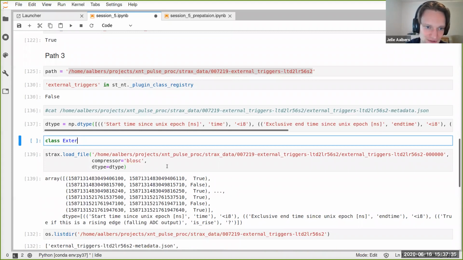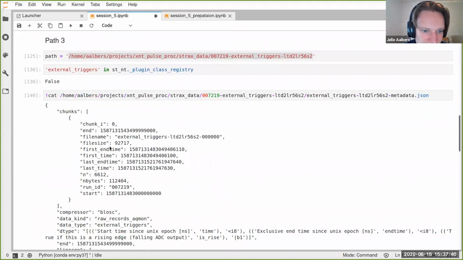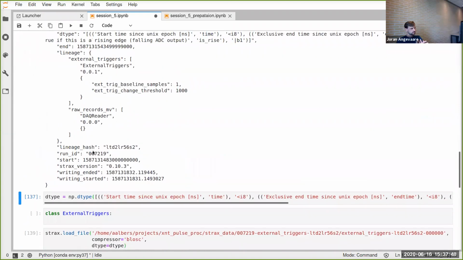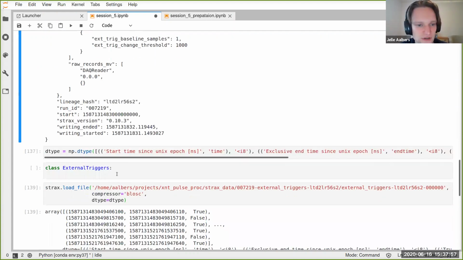We could make something called external triggers. Then we need to match the version name to the one that was in the JSON. Well, not per se, you can just use fuzzy options, right? Yeah, that's possible. Okay, let's try that.